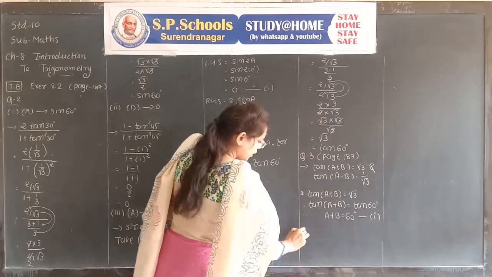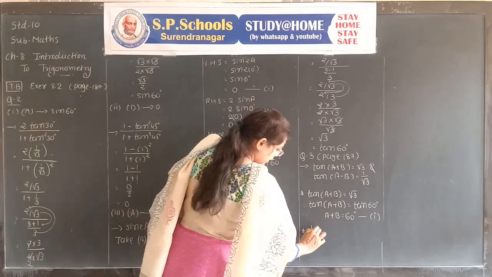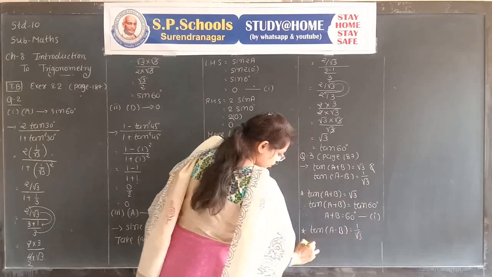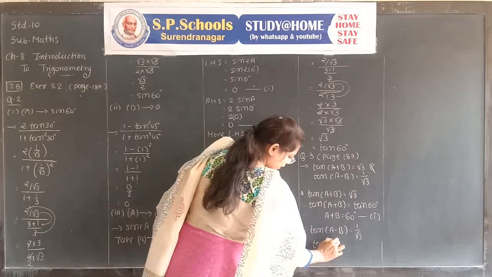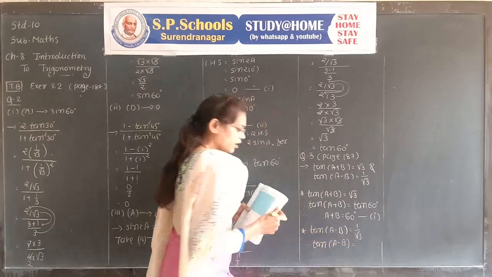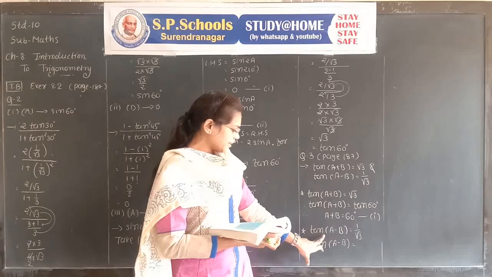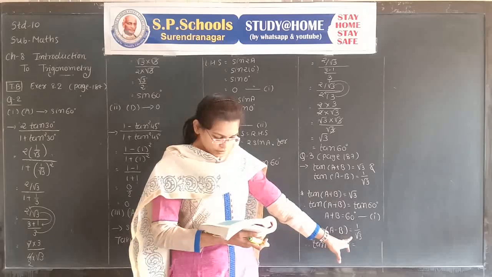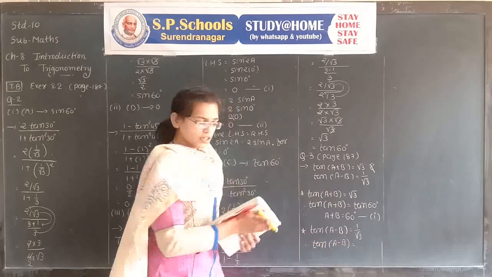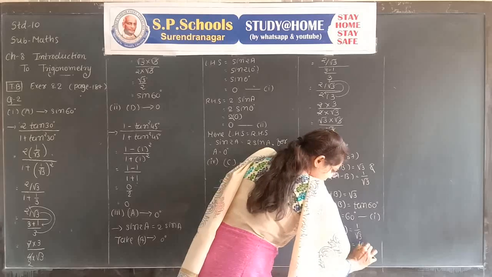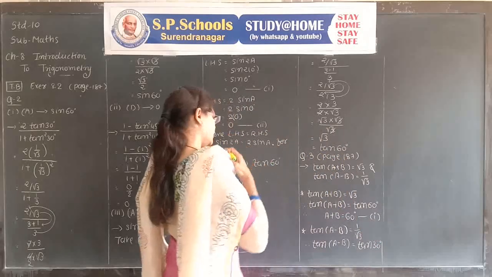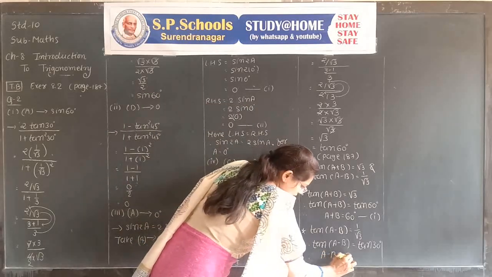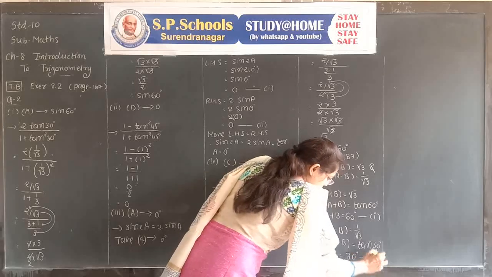This is the first equation. Now for the second equation, use tan (a minus b) is equal to 1 upon root 3. The left hand side tan (a minus b) remains as it is. Now again see the table, column of tan and row of tan. The value of tan is 1 upon root 3 when the angle is 30 degree, means tan 30. Compare trigonometric ratio tan with tan and angle with angle. We get a minus b is equal to 30 degree, which is our second equation.